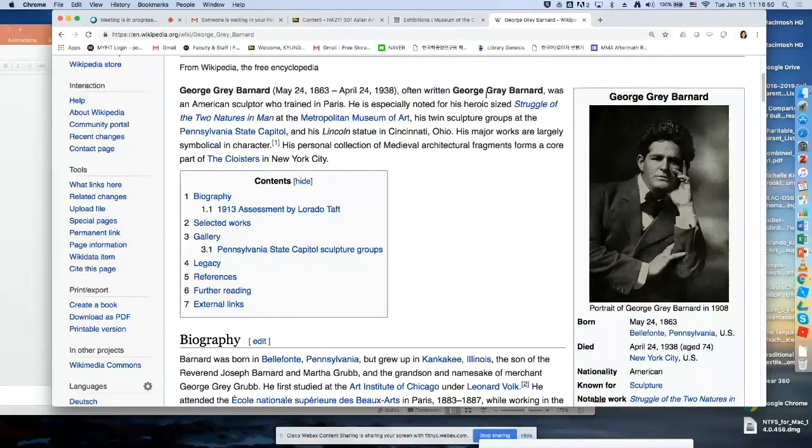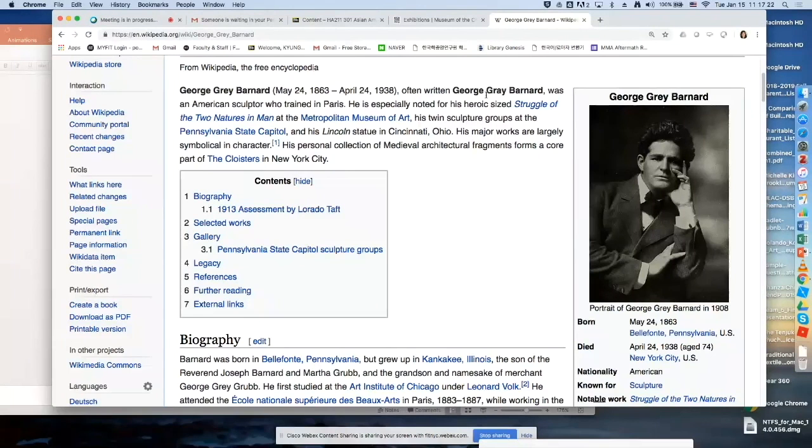You know, when I was reading George Gray Barnard's life, I was thinking, you have to work so hard to become an independent artist. So when he was a young man, in his 20s, how was he making a living? He was a taxidermy artist. So he was stuffing animals for, I guess, natural history museums or for certain historical societies. And no matter what, he wanted to pursue his career, and then he moved from one to